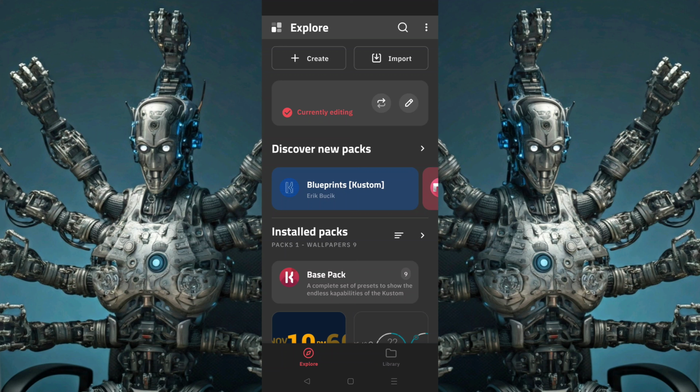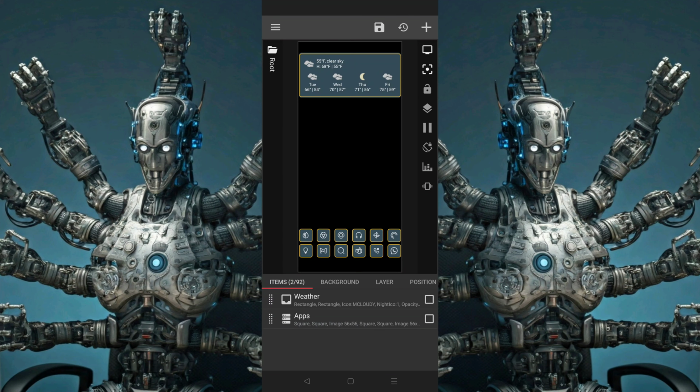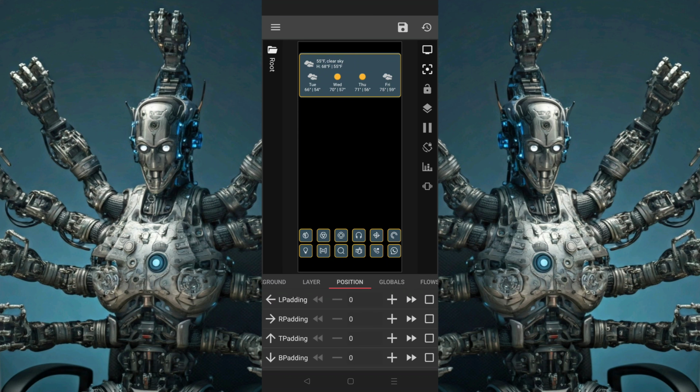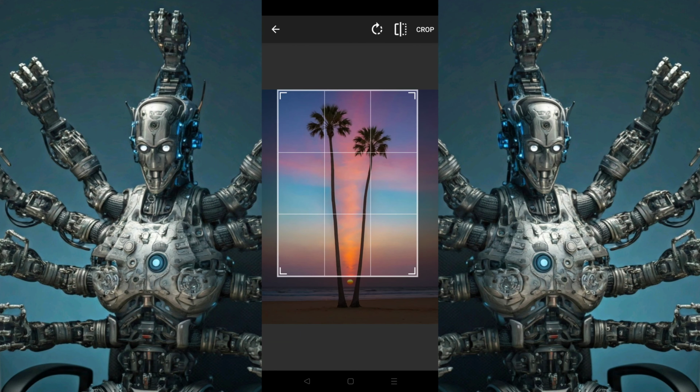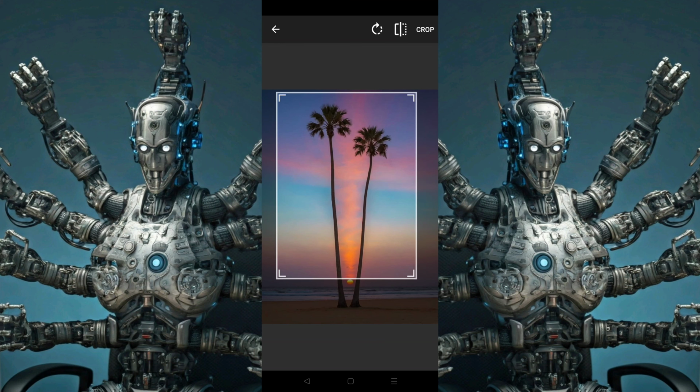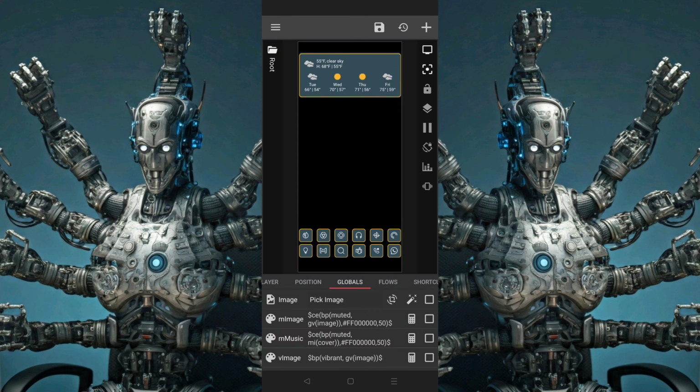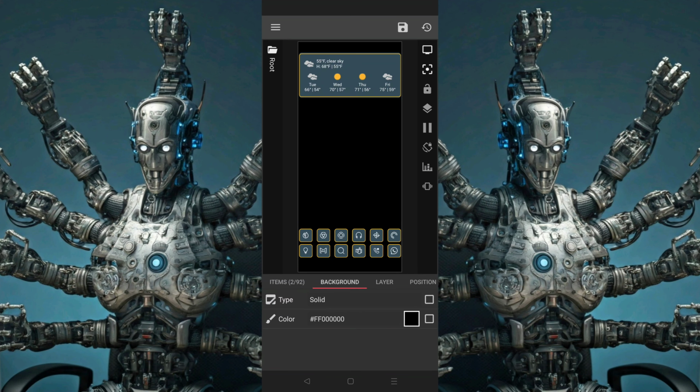Jumping right into it, I'm going to edit the wallpaper that I currently have, because I have a couple of other presets already going on, notably in the weather widget and these icons down at the bottom. As far as the image, I already have this one that I found off of Twitter, so I'll keep that as is. And from here, we're going to jump right into creating that media player